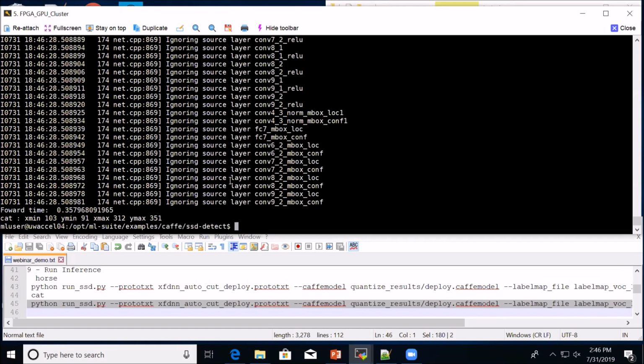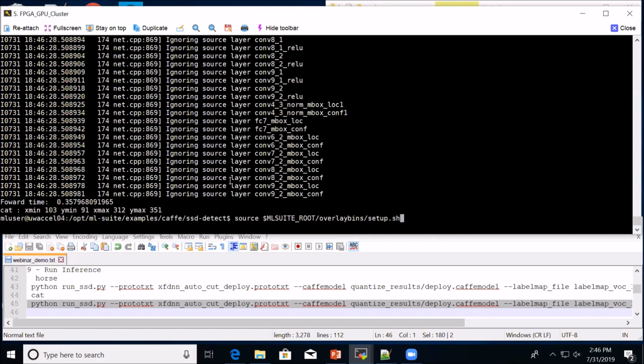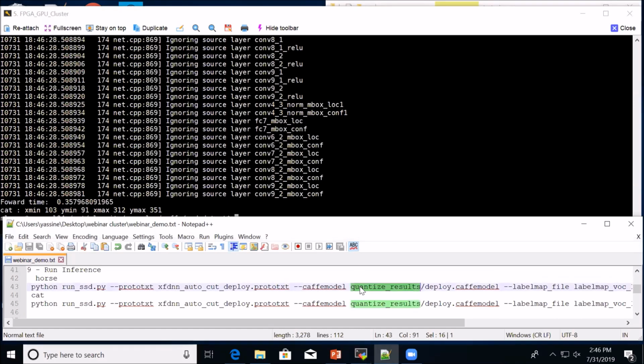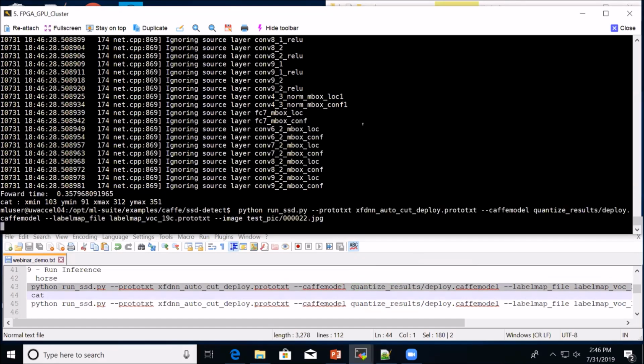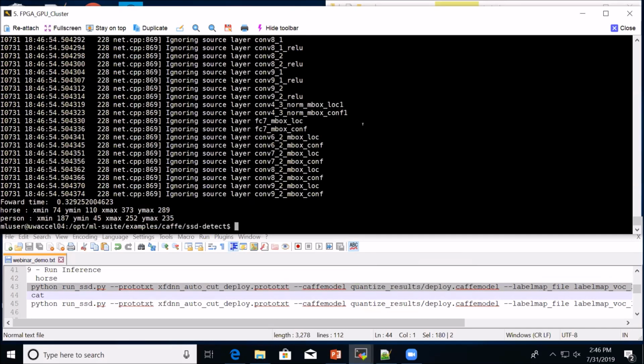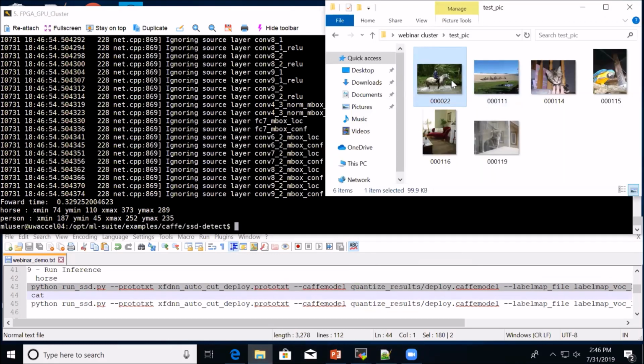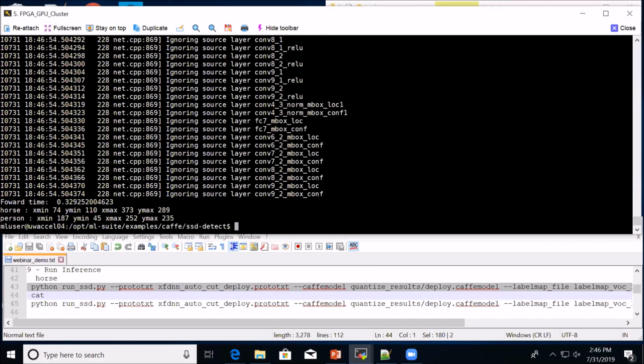If we rerun this example, so SSD is a very interesting model. It detects multiple objects in the same image. So if I check here, it detects a horse and a person. And it gives you the exact location of these two, right? Because here we have a horse and a person. So here we demonstrate image by image the inference, but it gets more interesting when you process video feeds,